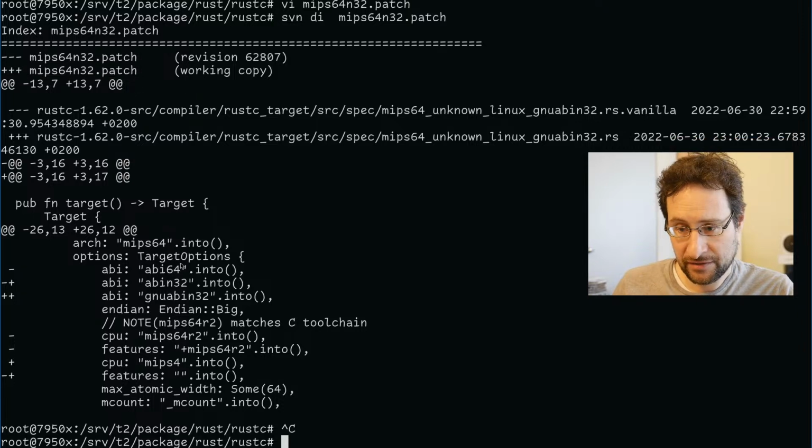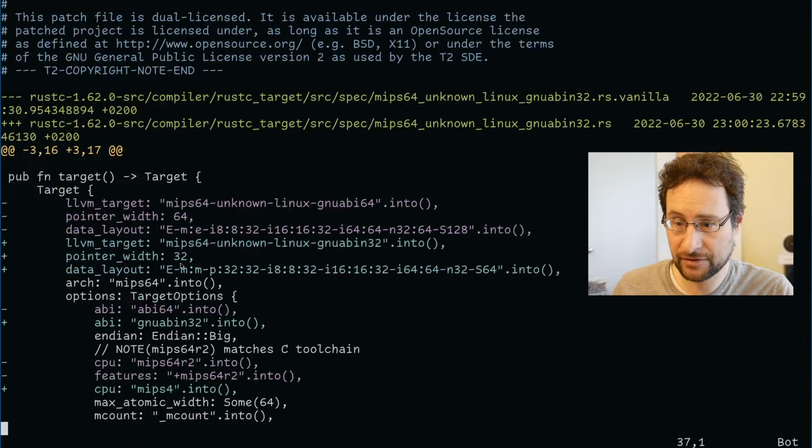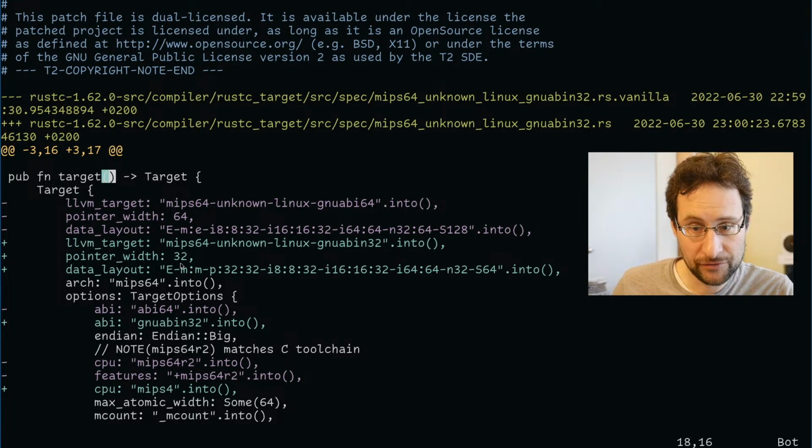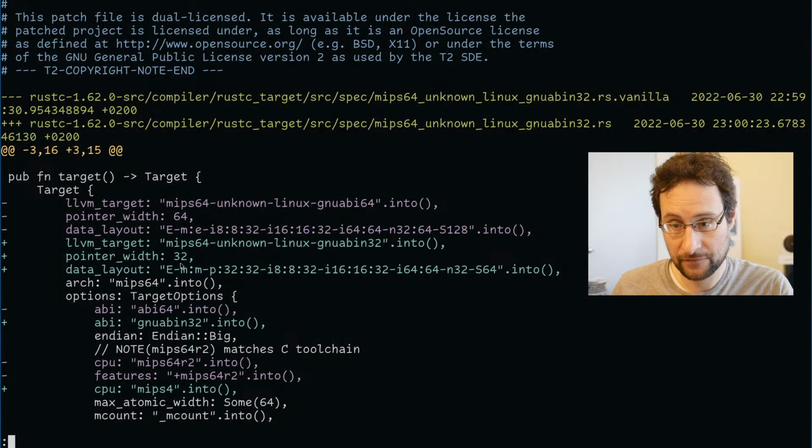So did I modify features? That is, yeah, I need to at least, now I modified that. 1, 2, 3. This, because we delete features here. From the original patch, so 1, 2, 3, 4, 5, 6, 7, 8, 9, 10, 11, 12, 13, 14, 15, 16, and yeah, this should probably be 15, if I didn't miscount now.